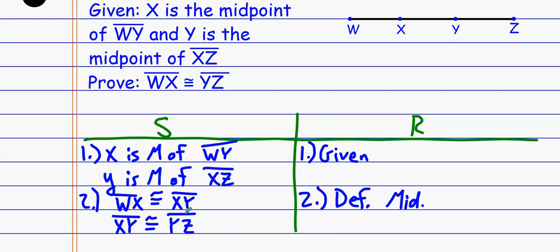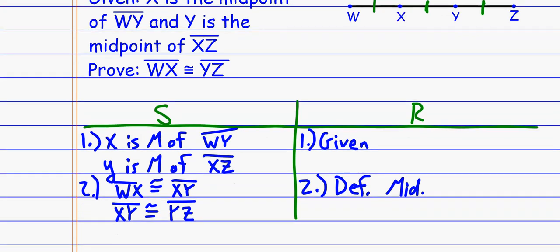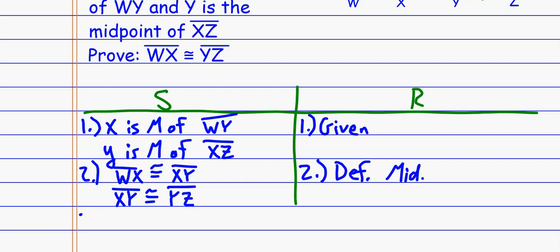Now, I want to show that, and when I marked this on there, it was really obvious. I went, okay, these are congruent because X is the midpoint. Then I went, okay, this guy and this guy are congruent because that's the midpoint. Now I'm looking at it going, wait a minute, I have the same number of dashes through each of those things. I know that those are congruent. Guess what? That's the next step right here. We say, hey, I figured it out. WX is congruent